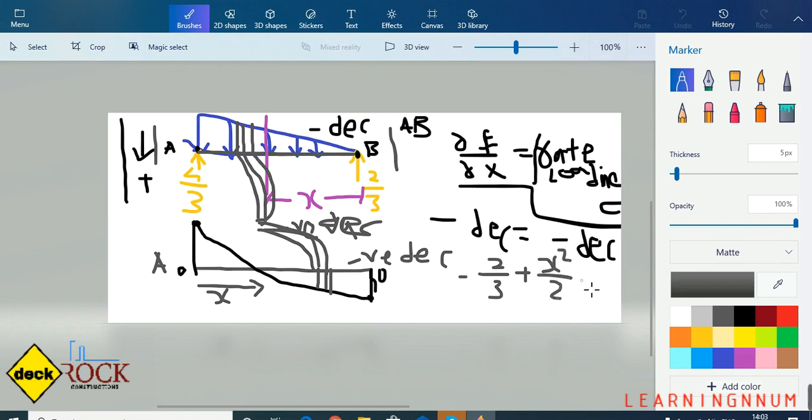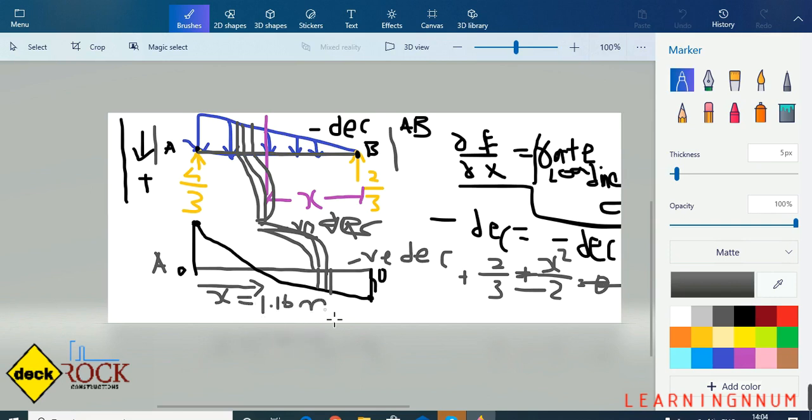So now shear force is 0, so equate it to 0. You would get x. How much would you get? If this 2 by 3 goes to the right side, we would get positive, plus 2 by 3. Yes, sir. So x square would be 2 into 4 by 2, that is 4 by 3. Now take the square root of 4 by 3, that is 2 by root 3, right? Plus or minus 2 by root 3. So what is that value? We know x is positive, so we would consider only the positive value. So x would be 1.16 meter.